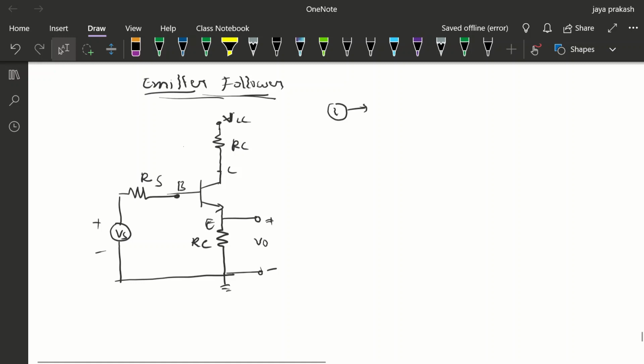In the given circuit diagram, output is taken across the RE. This RE is connected in series with the input source voltage. Okay, so we can easily say it is series mixing,